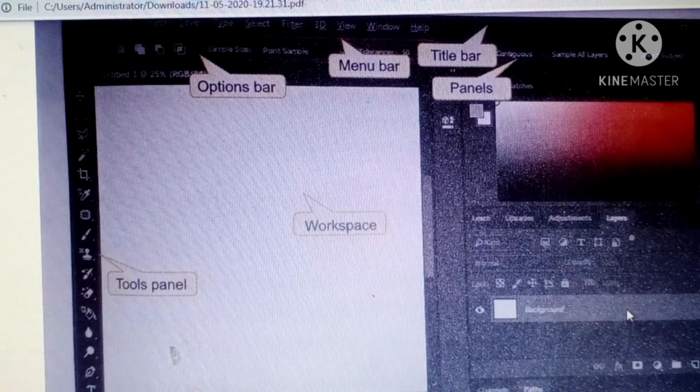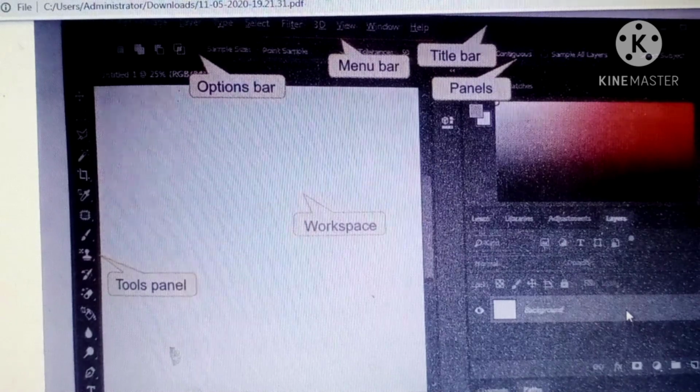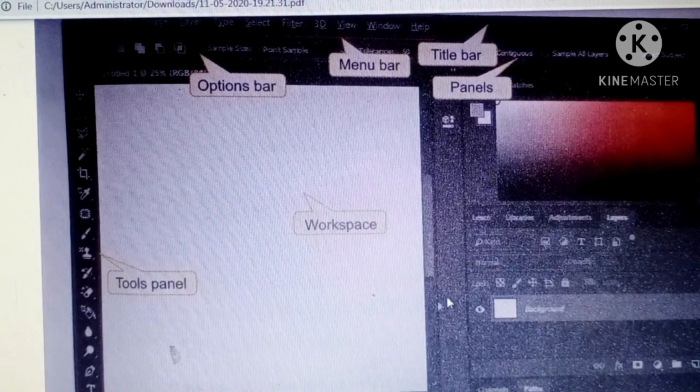Next, at the left hand side you can see the tools panel, and the white colored area is the workspace in which you can add your pictures and do different things. At the right hand side there is a panel, and you can change the colors by moving these panels like this. And at the lower end you can see the background.